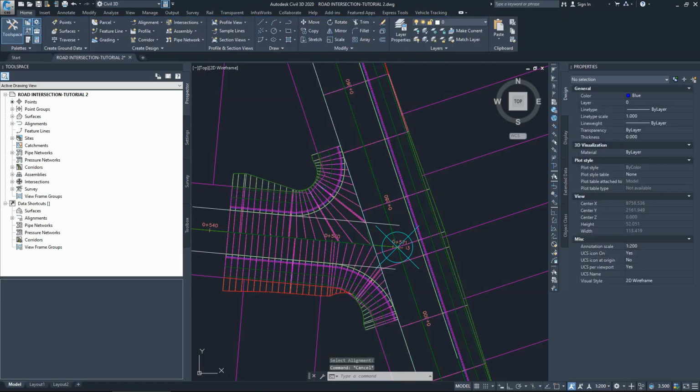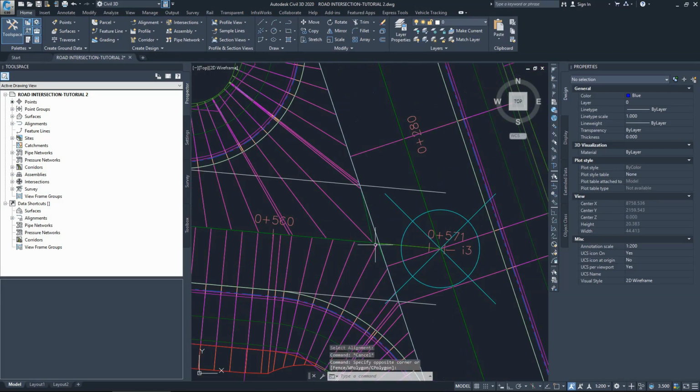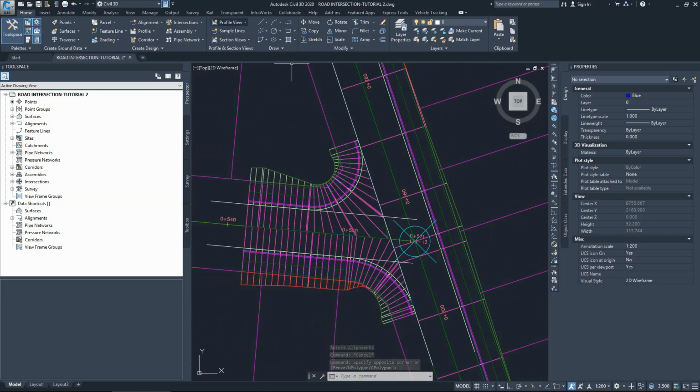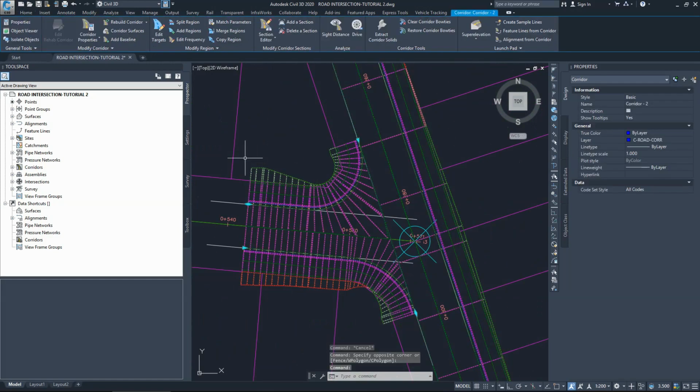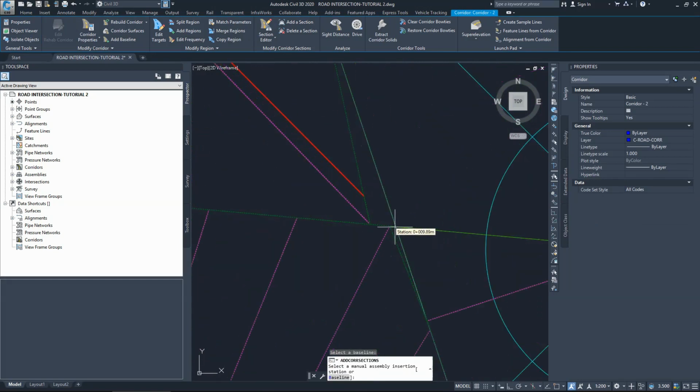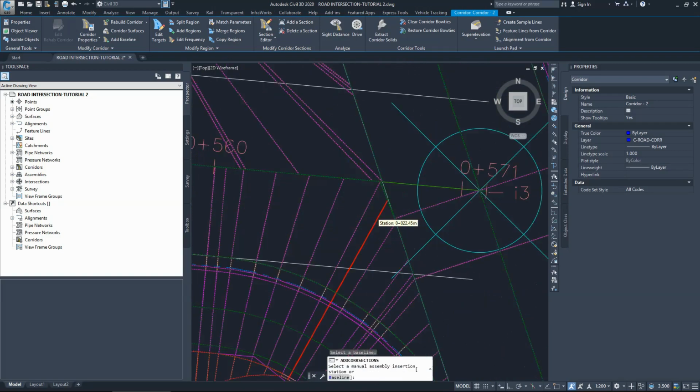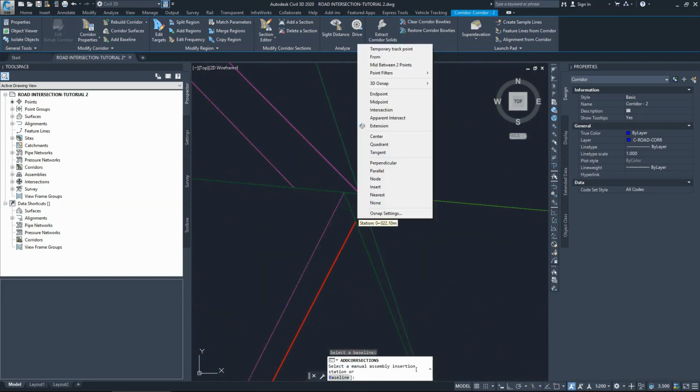So all we need to do now, we have to add extra sections around this area to fix those small gaps, and I'll do that by just clicking on the corridor, add section for this region, shift right click, and here enter. I'll do the same for the other region, add section, this region, shift right click,